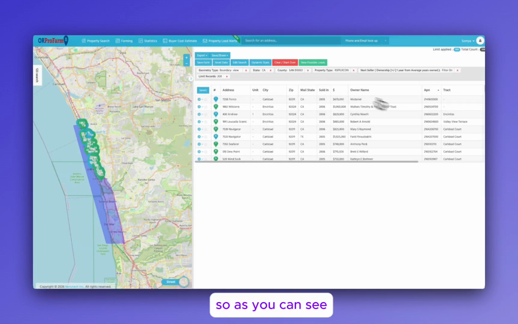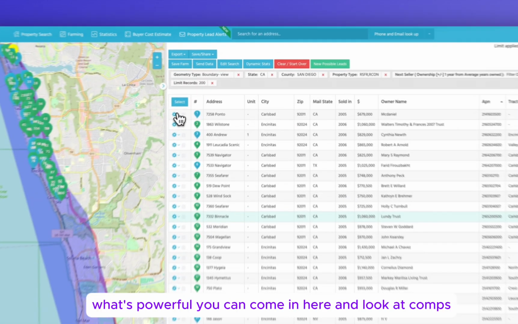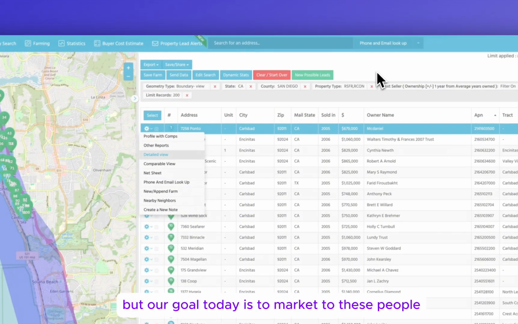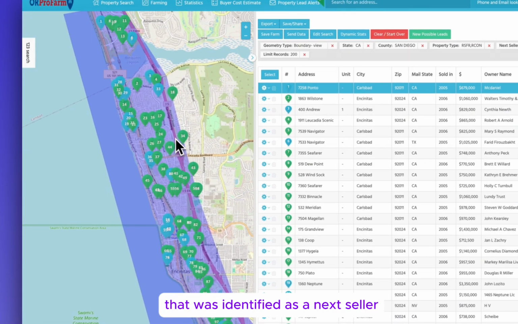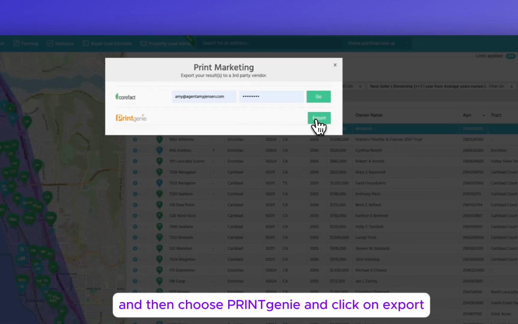Okay, here's my list. So as you can see, it pulled up my list and it limited it to 200 and gives you the filter types up here, right? And you can look at everybody down here. What's powerful, you can come in here and look at comps, detailed views, nearby neighbors, et cetera. But our goal today is to market to these people. So as you can see over here on this side, you can see everybody that was identified as a next seller. So to market to them, I would go to Export, Print Marketing, and then choose PRINTgenie and click on